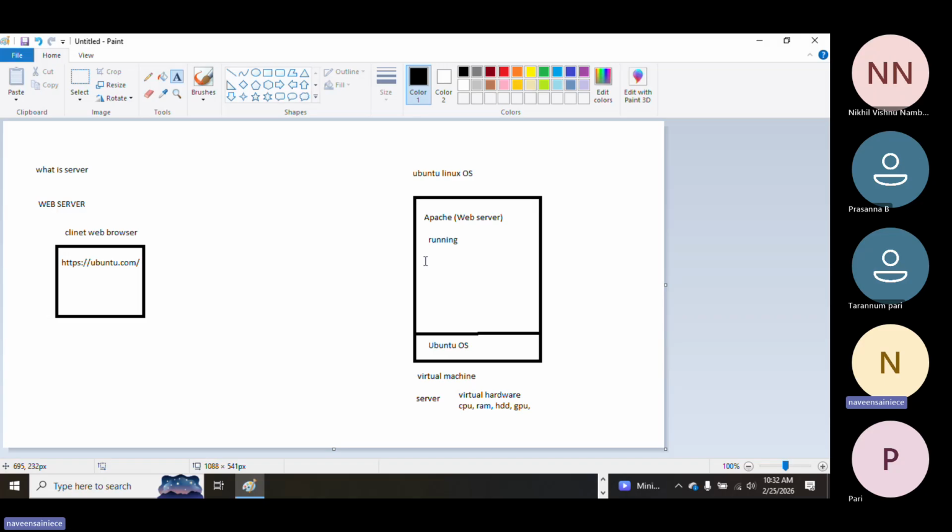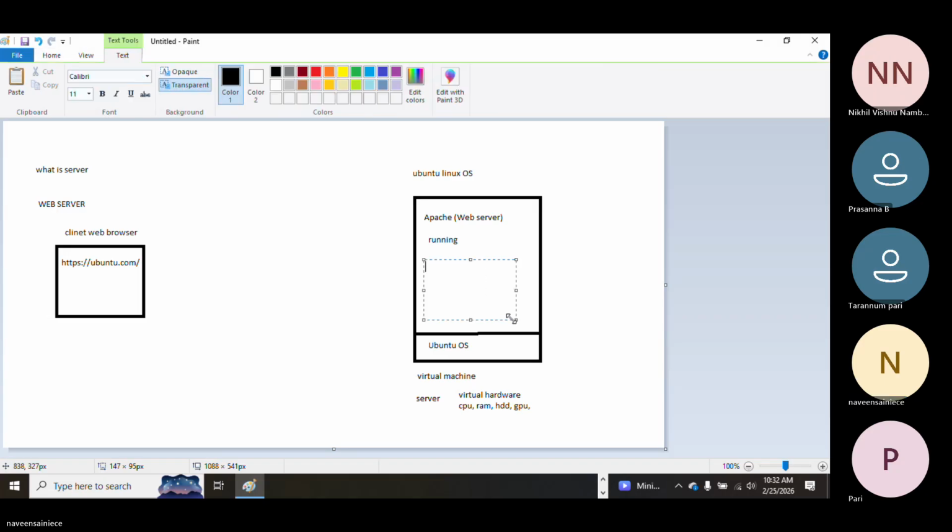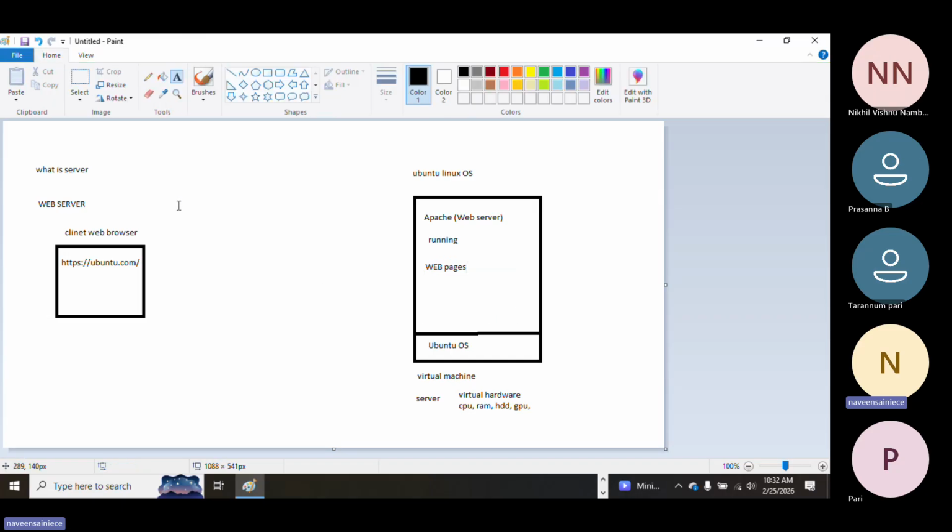Okay, so here, web pages. Now whenever someone wants to request the pages, the request will go towards the server. Please show me the pages, I want to get the pages.